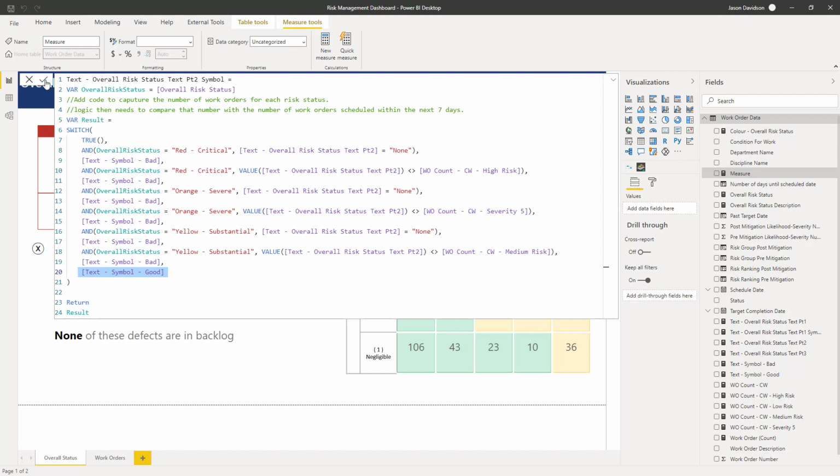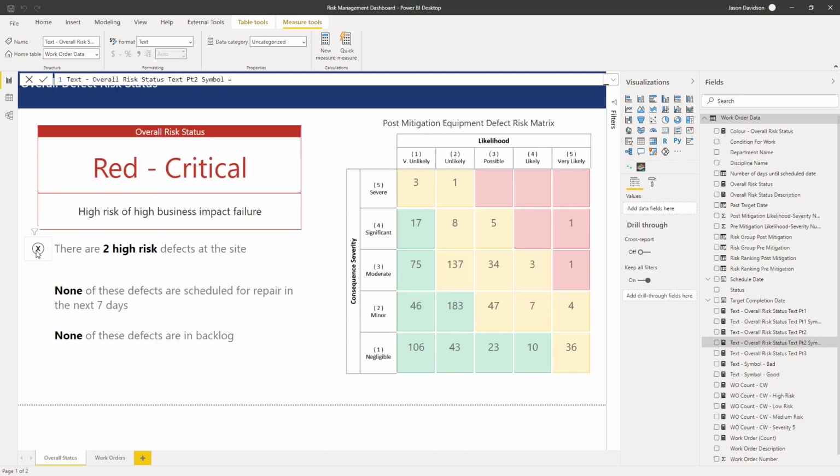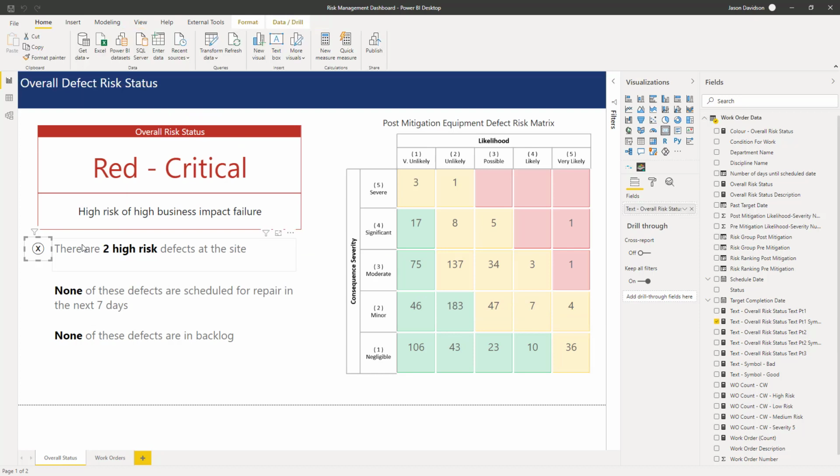Okay, so what we'll do is we'll just add that in. We're going to just copy this, and stick it next to there. And we are going to use this symbol here in here. Now we're not going to see a difference because none of these are scheduled in the next 7 days, but what we are going to do, just to see it working and make sure that everything is looking good, is